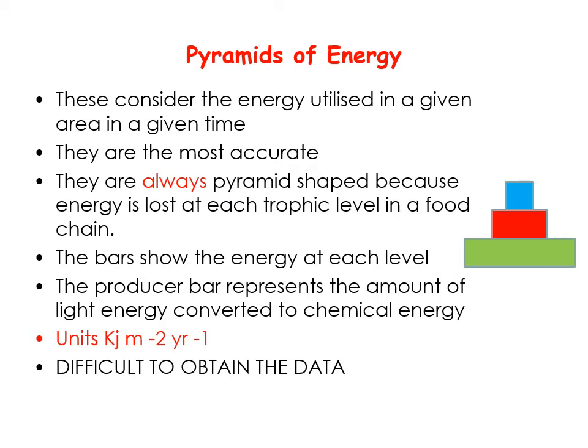So you'll need a sample that would be representative, a dry biomass, and then you will calculate the amount of energy in that biomass. And then you'll have to calculate that up to the amount of energy in the whole organism. And then you'll need to estimate the number of each organism in that area at that time and times that value up. So hard work, difficult to obtain. However, we will be given that data because we can do nice calculations from the pyramids themselves.